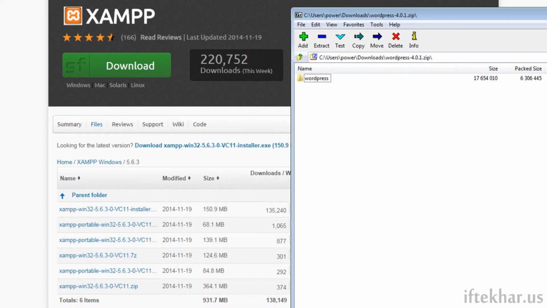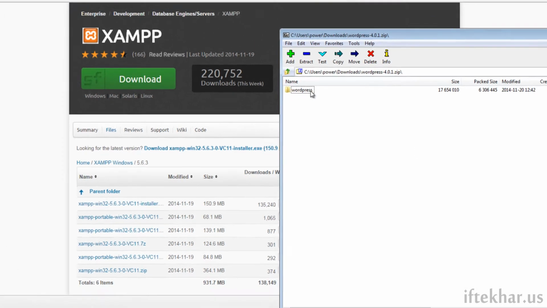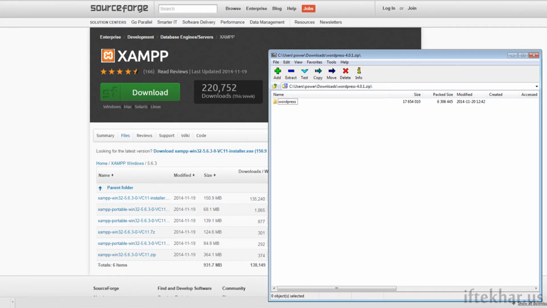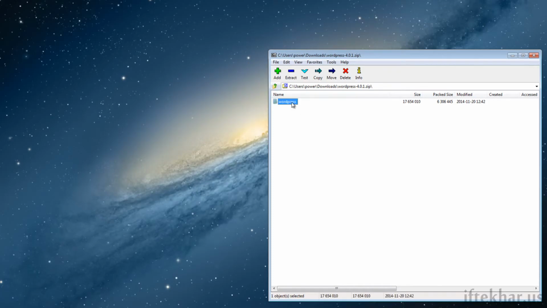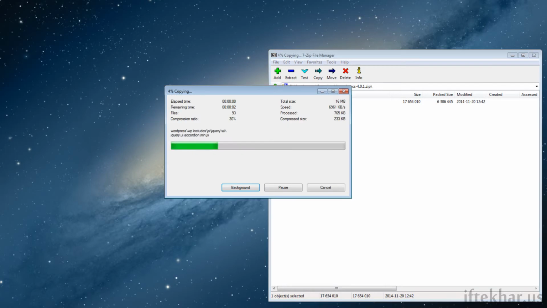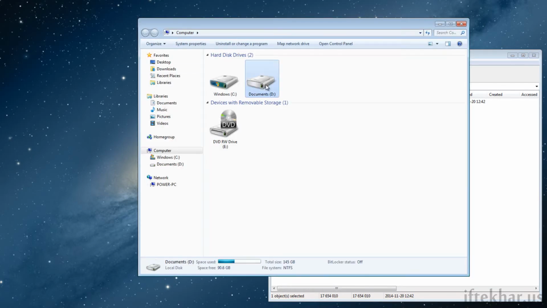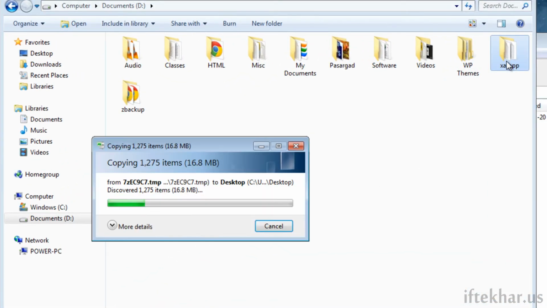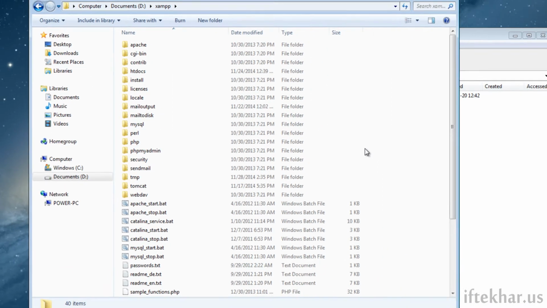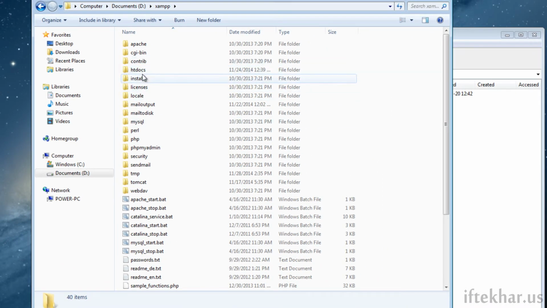So what we need to do is open up our WordPress download file. Okay, so minimize this and let's extract it on our desktop first. Meanwhile, let's go to my D drive. This is where you can see the portable version of XAMPP has already been copied over here. So let's get inside and let's open up